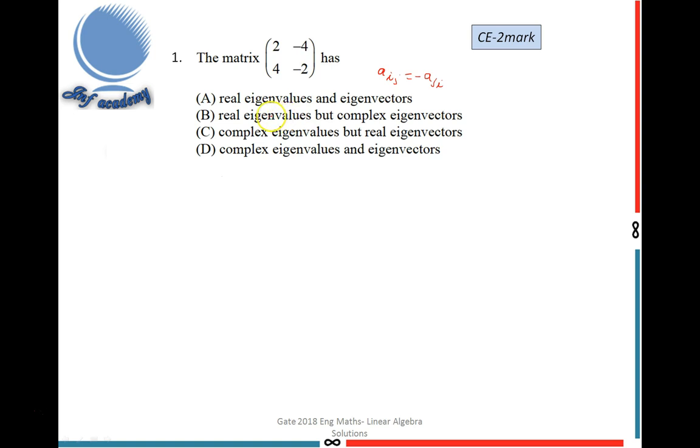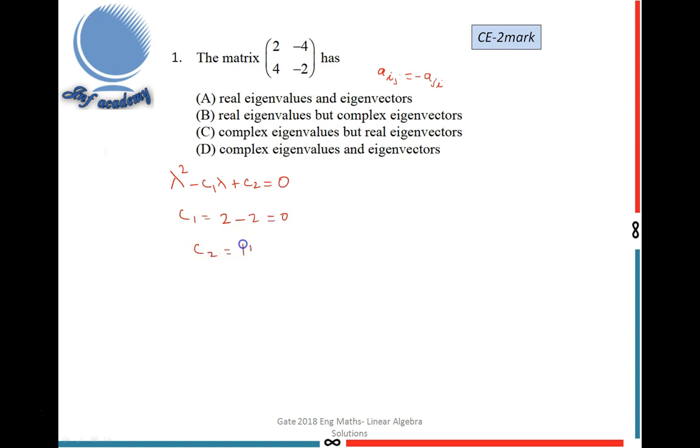So in that case you must find the eigenvalues. How to find the eigenvalues? First find the characteristic equation, then solve the characteristic equation. We get the roots. Those roots are called eigenvalues. So here I introduce one shortcut way of finding the characteristic equation for a 2 by 2 matrix. C1 equal to the sum of principal diagonal elements, 2 minus 2 equal to 0.